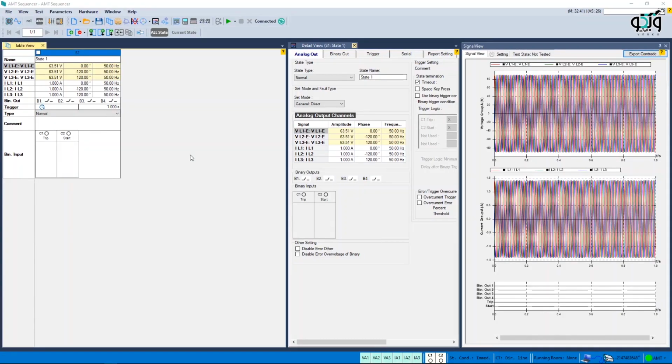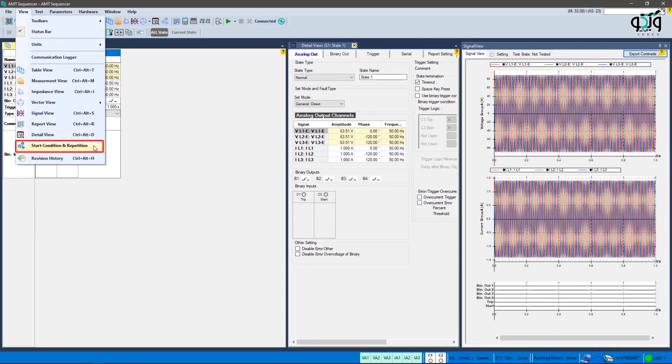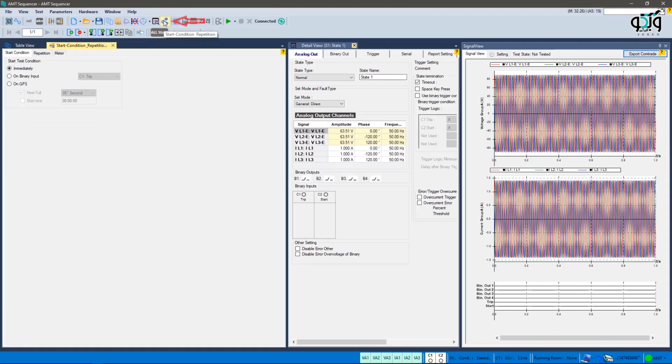Start Condition Repetition window. By clicking on the View menu and selecting the Start Condition Repetition option, or by clicking on its icon from the toolbar, this window opens. In the Start Condition tab, the test condition can be specified. If you want the test to run immediately after clicking on the Start icon, you have to select the Immediately